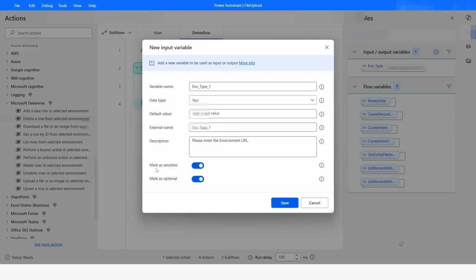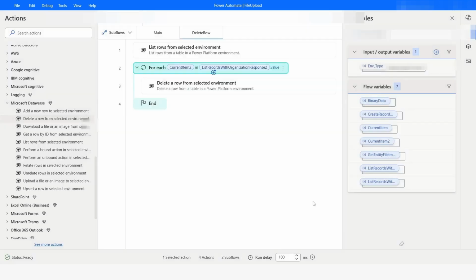In case you make it as sensitive, in that case you will not be able to see the value of this variable, right? Since my variable is already created, I will just click on cancel,